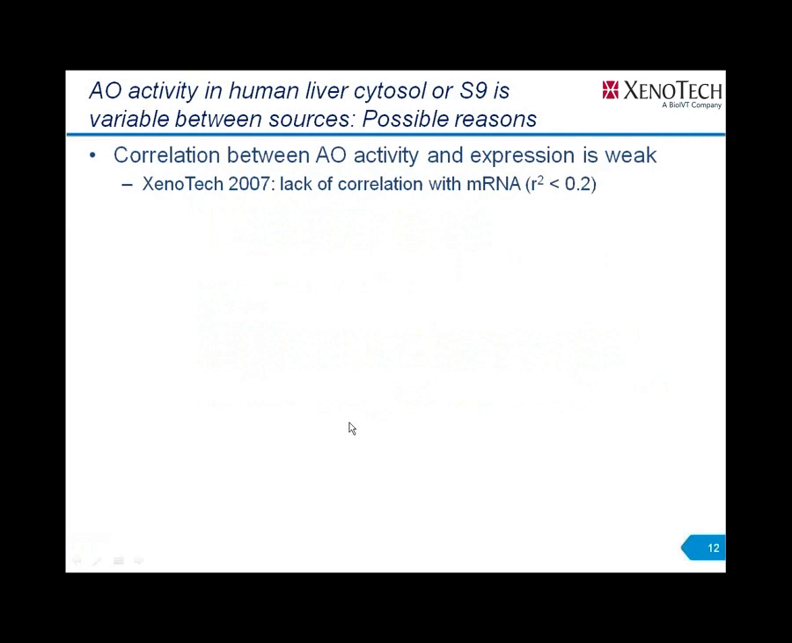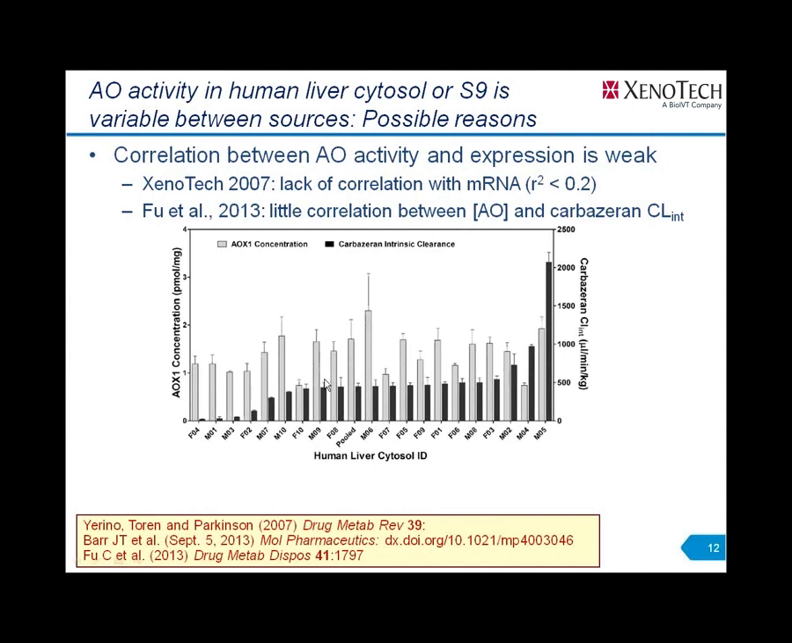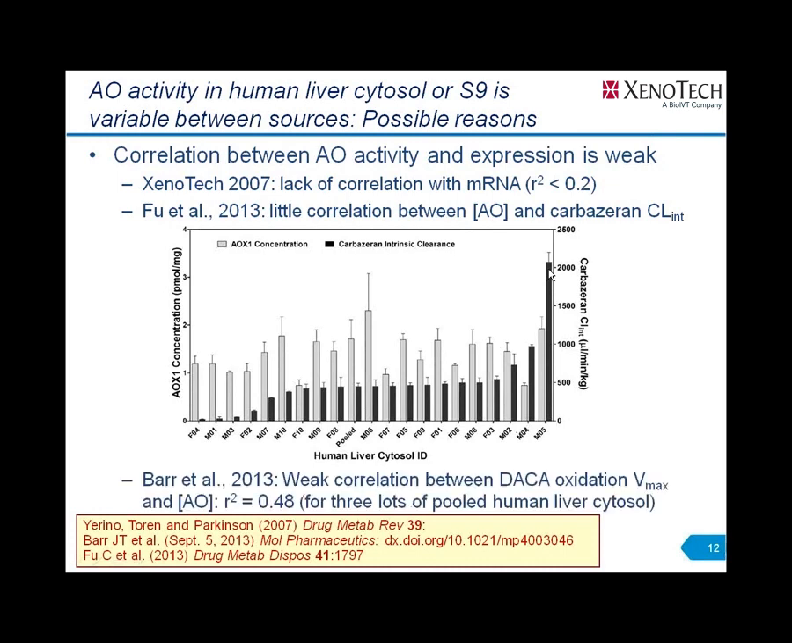We showed this to some extent with mRNA. The Pfizer paper, they see little correlation. They show this in a nice graph where you can see the aldehyde oxidase concentration of the enzyme across samples. And then looking at carbazeran intrinsic clearance, what is of particular note is that these very low activity samples have essentially normal aldehyde oxidase content. And then on the other end of the spectrum, you have samples that have very high intrinsic clearance for carbazeran. The Barr paper, they actually did find a weak correlation between aldehyde oxidase activity and aldehyde